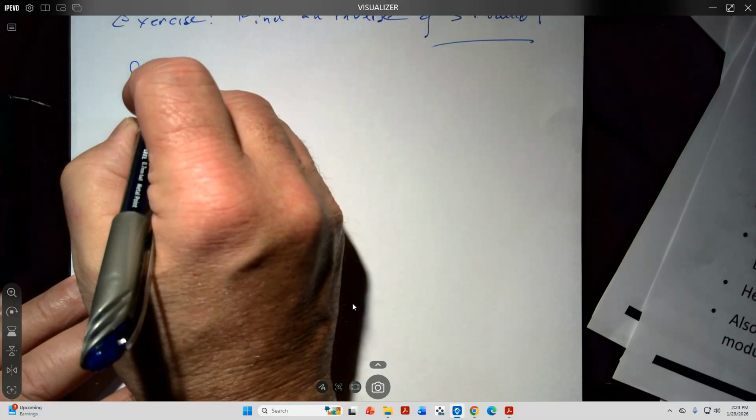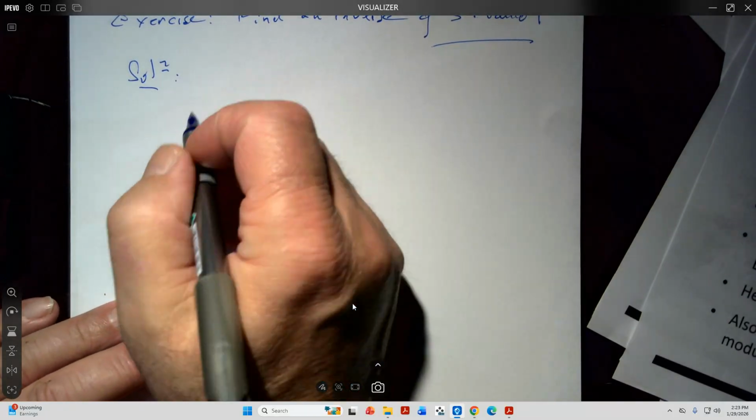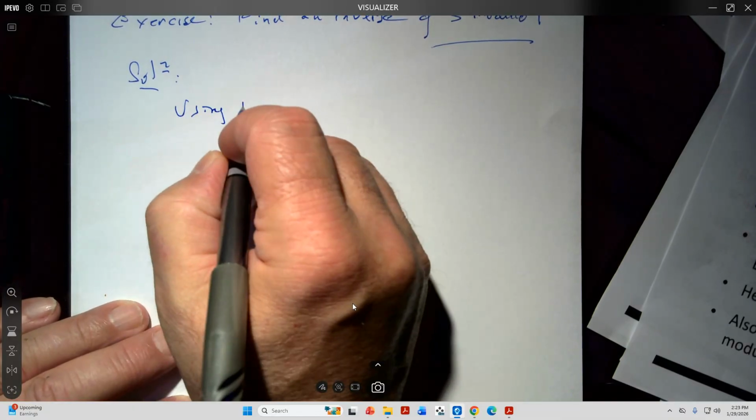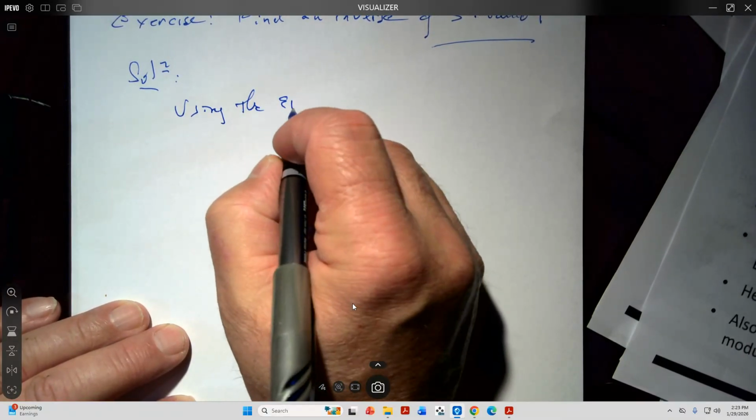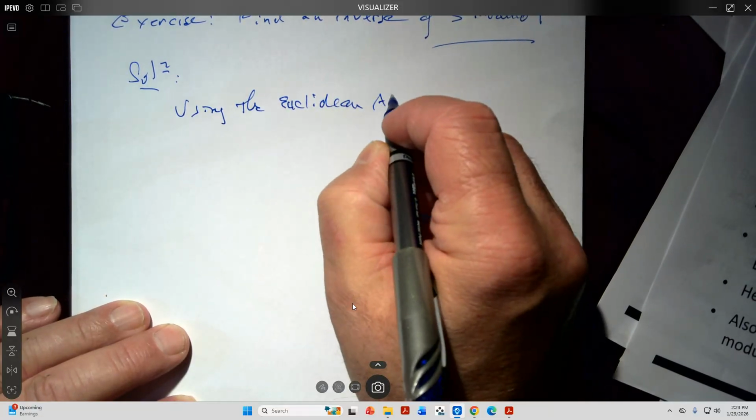Solution: using the Euclidean algorithm,